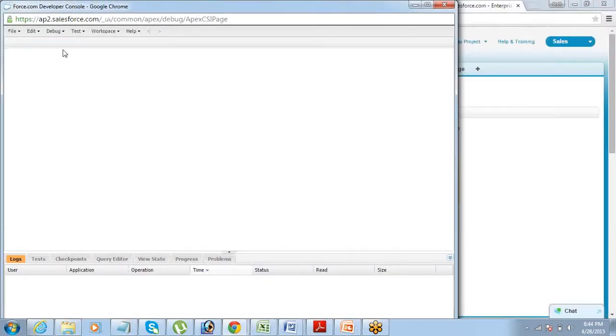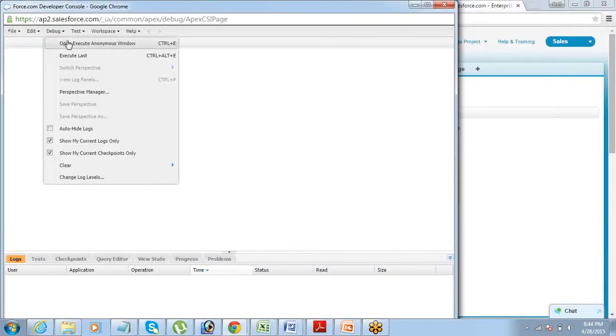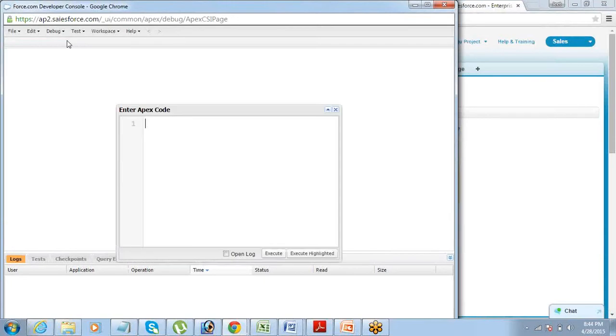and here you can go to debug, open execute anonymous window. That's it. Your code can get executed from here. So whatever code you want to write, you can just write it here.